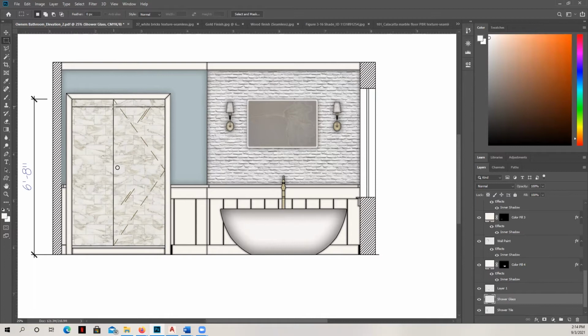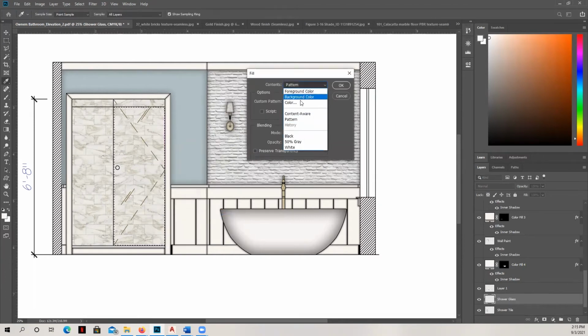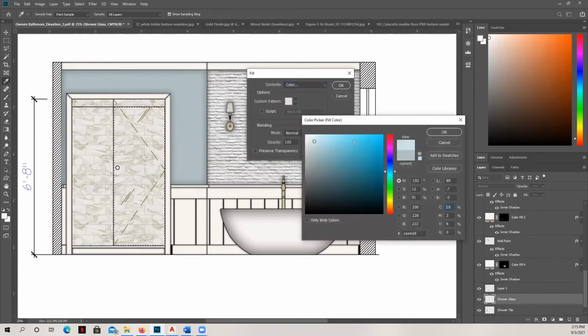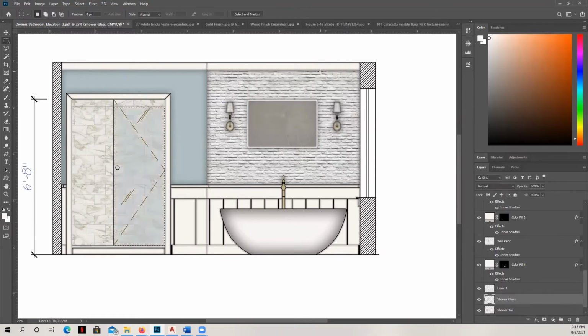Okay, and so for this, I'm going to create 2 doors. There's going to be one here. And I'm going to fill it with a color. I just want something that's, I'm going to go a little bit darker than you might think, and the reason is because I'm going to end up adjusting the transparency. Okay, and so I'm going to hit opacity. I'm going to change to 50. And now we have this really beautiful shower door.